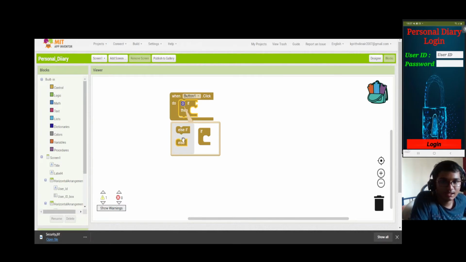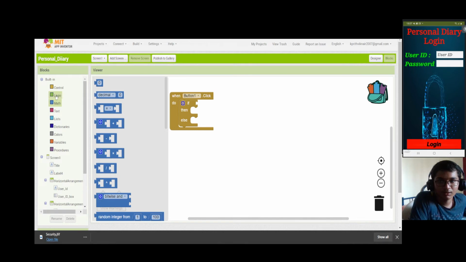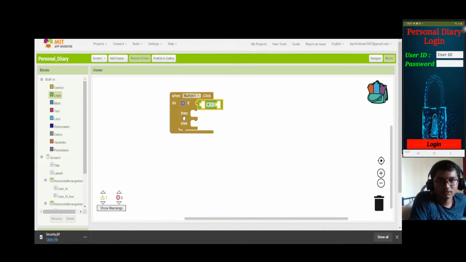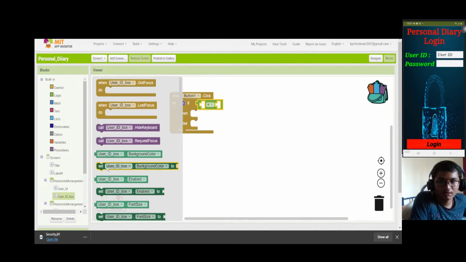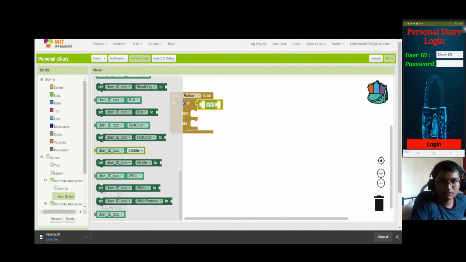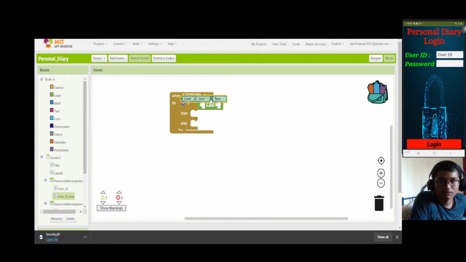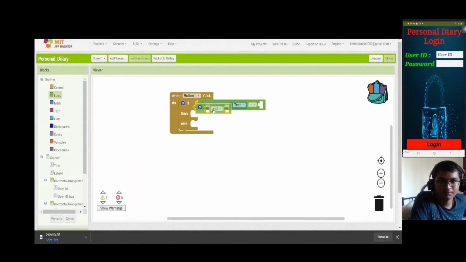And this will add an else if the math logic, if user ID dot text equal to, and we need an and also here,